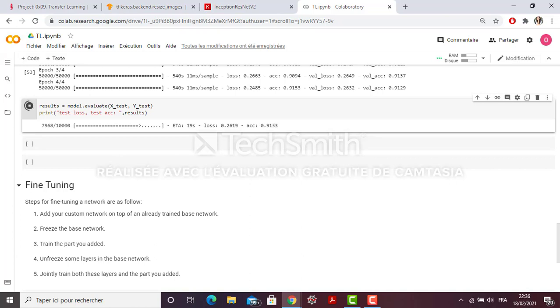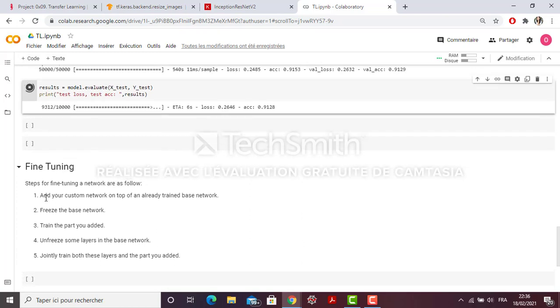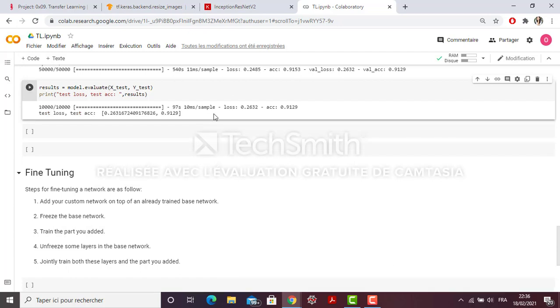We will freeze the bottom n layers and train the remaining top layers. First of all, we add a network on top of an already trained base network. This is what we already did. Now we have the accuracy equal to 91, which is good, and we have a low loss, so all seems good.